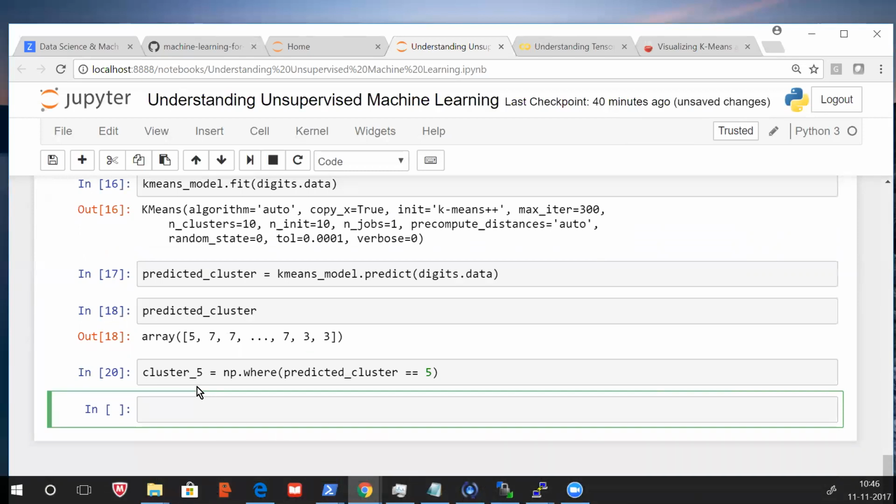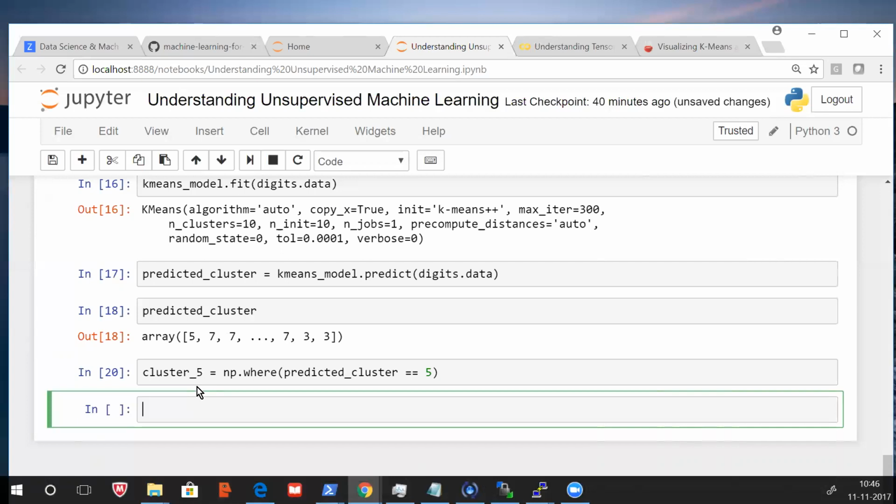Now you want to see all the data inside it. We don't know what is contained inside cluster number 5. To understand the content, either we know some label of some data and then we map, or we see all the data and create a picture out of it.